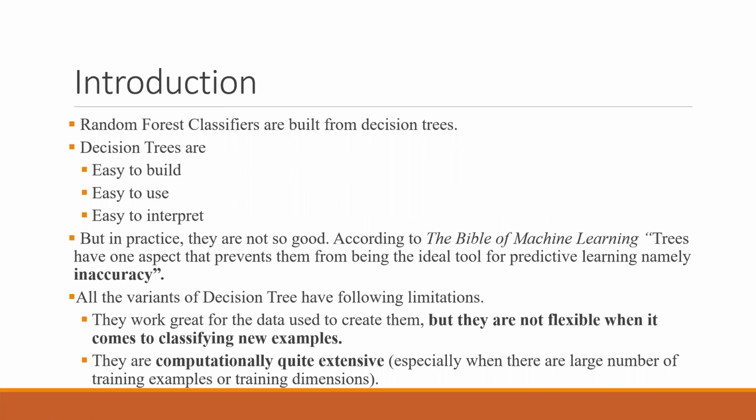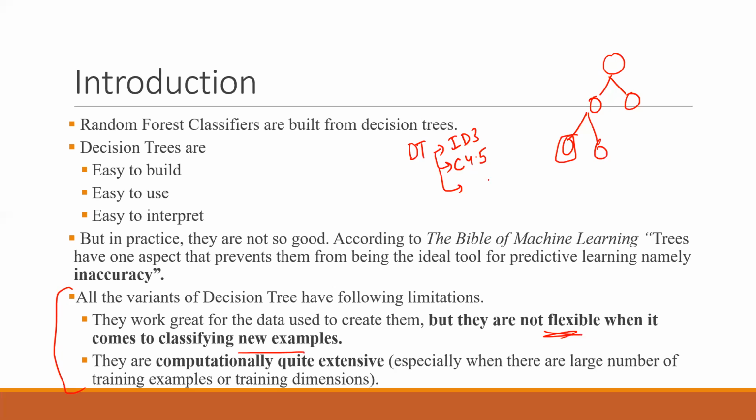So quickly I will go through the introduction: it is built from decision trees. Initially, decision trees have a problem. There are lots of problems in decision trees. Mainly these two: they are not flexible when they are about to classify new examples. When a decision tree is made, it has to be made based on some decision. We make the split based on some decision, based on the different decision trees. So what I mean to say is there are three different types of decision trees that we have covered. One is the ID3 method, the other one is C4.5, and the third one is the CART model.